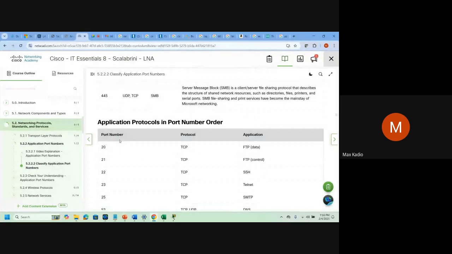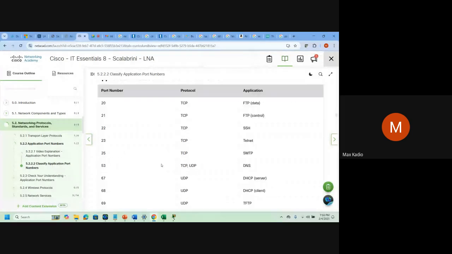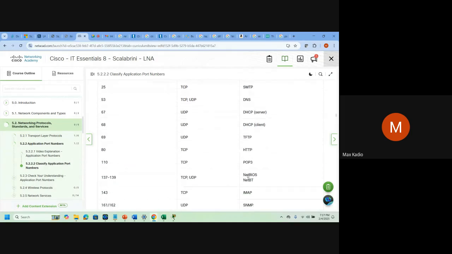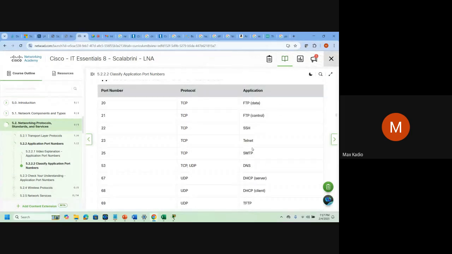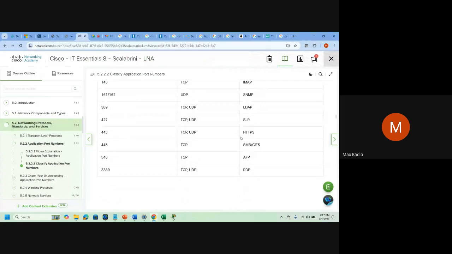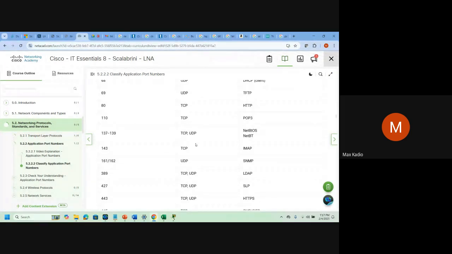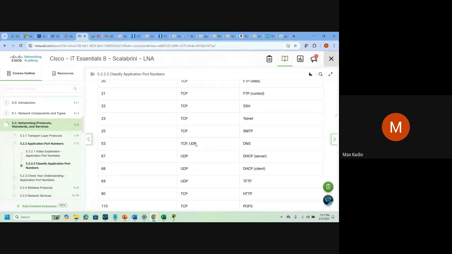You see, each parking lot. For example, if you want to use email, you go to port or parking lot 25. You want to go, for example, to the web, parking lot 443. So for us, we don't see with our eyes. It's a program in the network interface card inside our laptop. Everything is done there.